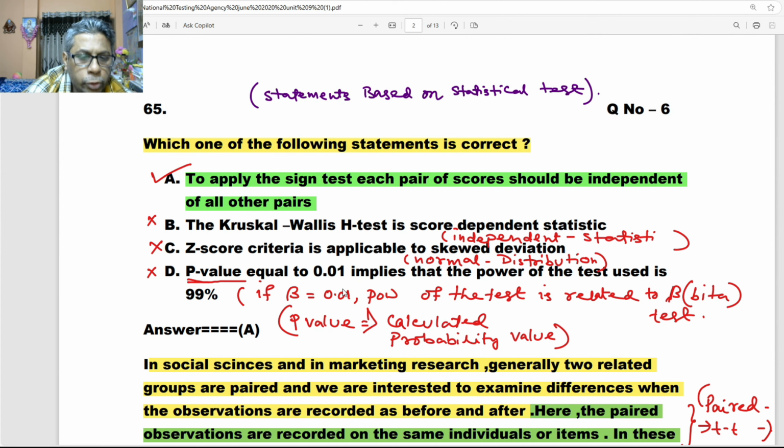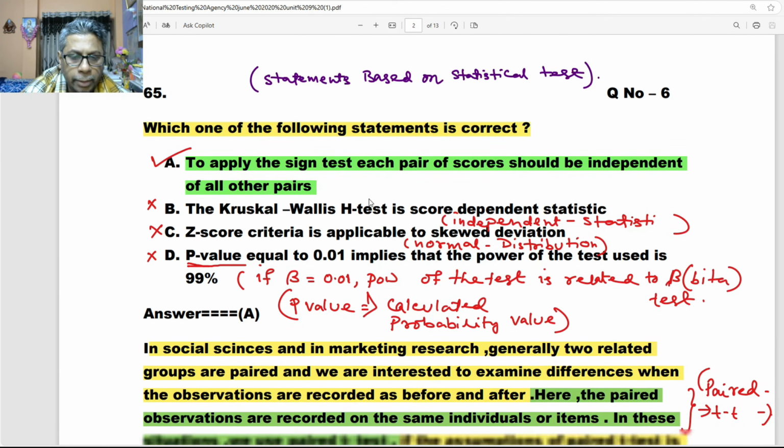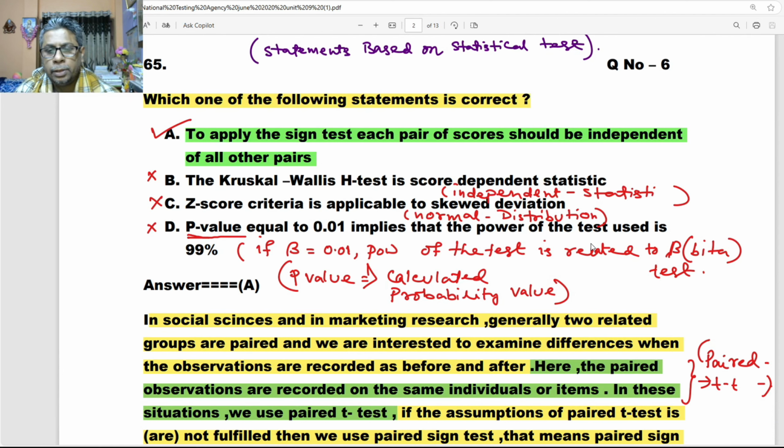P-value equal to 0.01 implies that the power of the test used is 99%. This statement is also wrong. If beta is 0.01, the power of the test is related to beta, and should be 99%. The p-value means the calculated probability. Now we have to remember